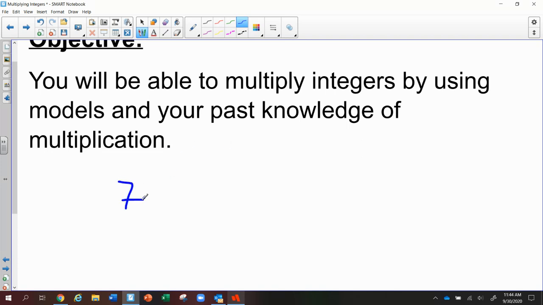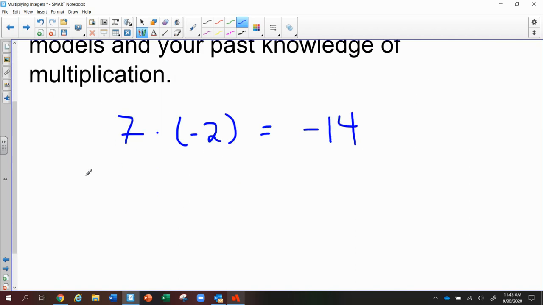I should be able to look at 7 times negative 2 and know, okay, it's going to be 14. I have a negative and a positive, so I'm going to be on the negative side of 0. So my answer is negative 14. I should look at the two negatives. If I'm doing negative 6 times a negative 4, I'm saying, okay, well, it's wanting the opposite of a negative number. So my answer is actually going to be in the positives. So instead of at negative 24, I'm going to be at a